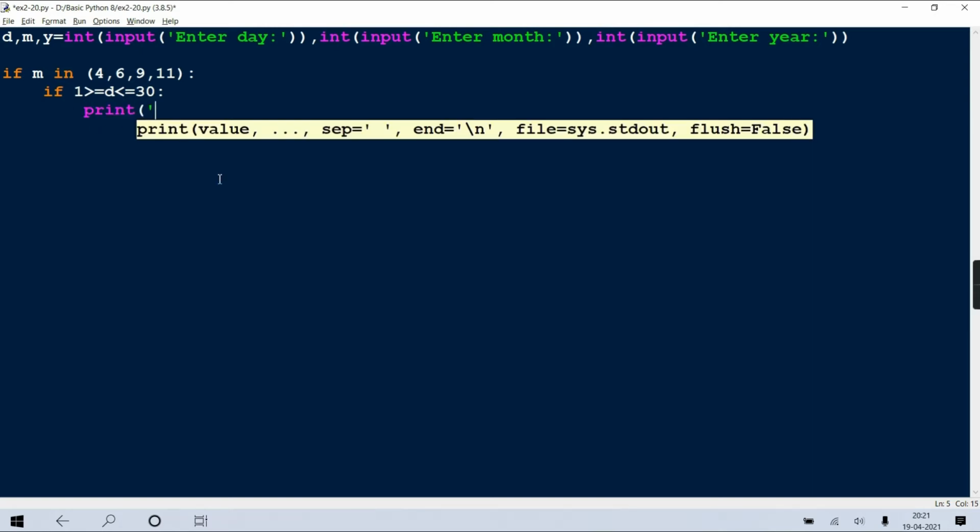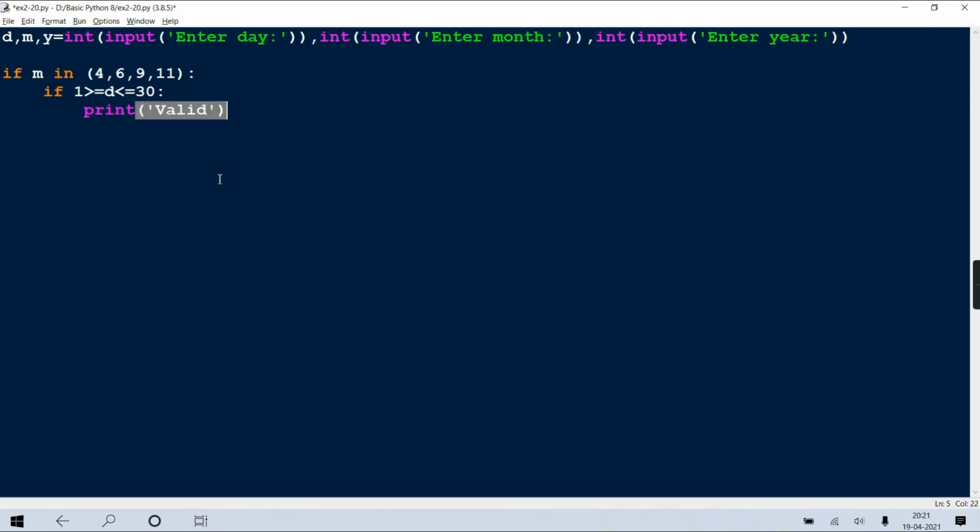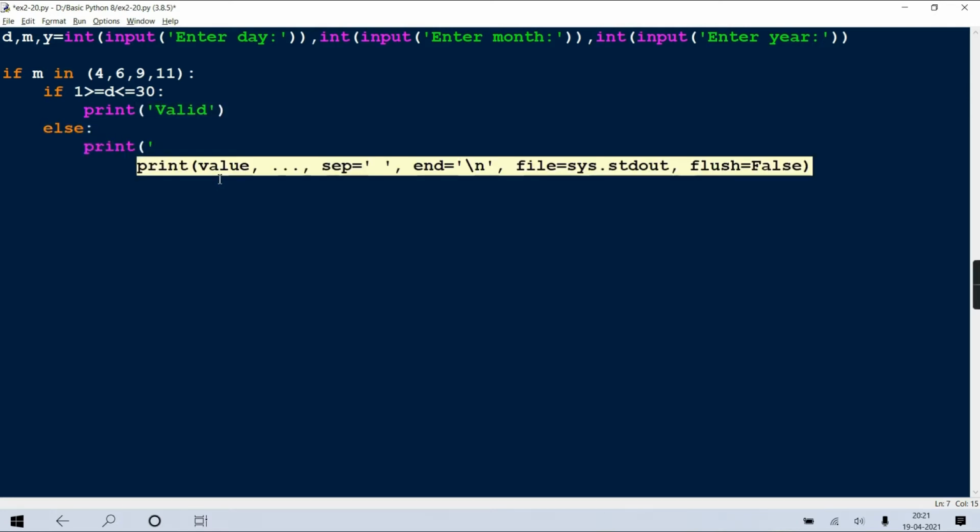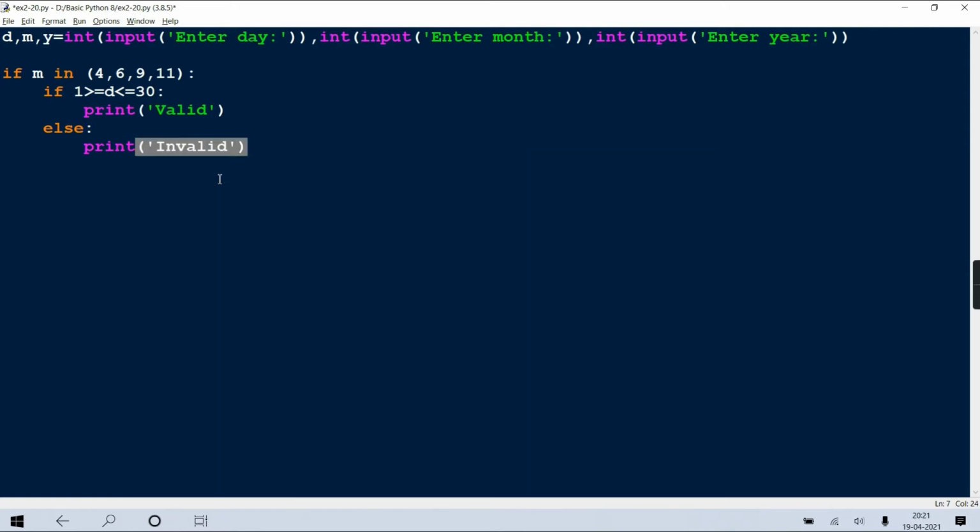So I'll just print message valid. Otherwise, I'll print message invalid. Why? Because your month is a 30-day month and you have given a day which is less than 1 or more than 30. So it will give a message invalid.